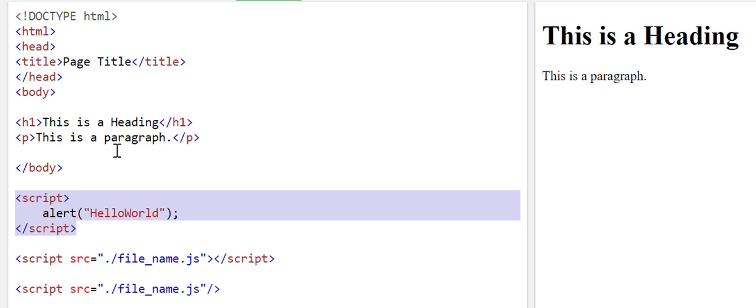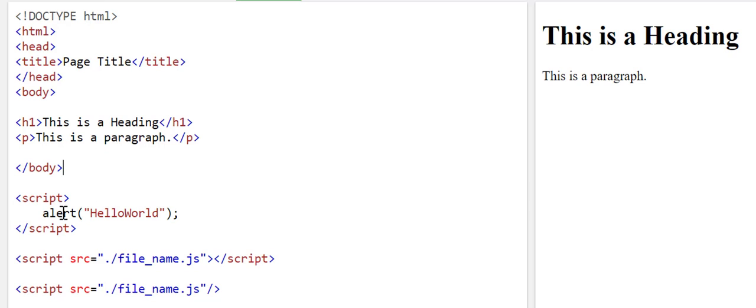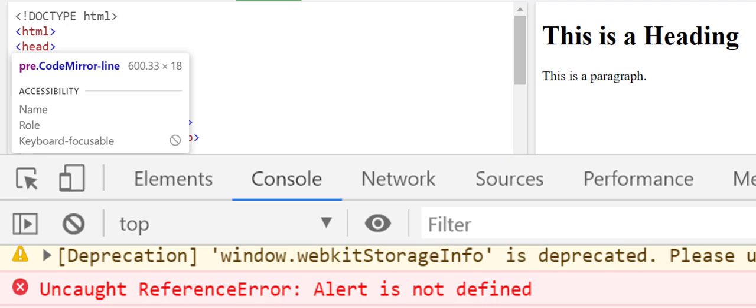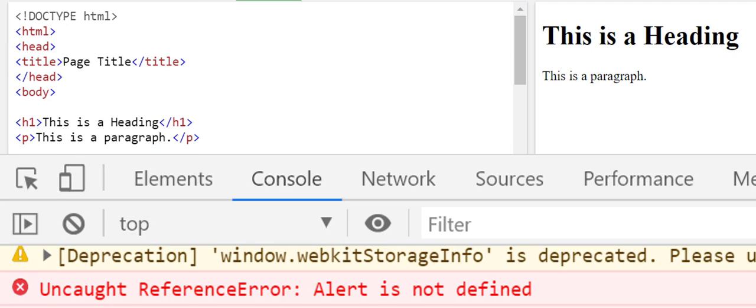And what about the case sensitivity? So yes, JavaScript is sensitive to case. So if instead of writing small a I write capital A, you can see it won't work. And if I inspect, I may see an error saying alert is not defined. Okay,